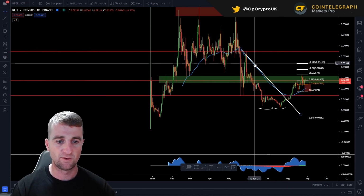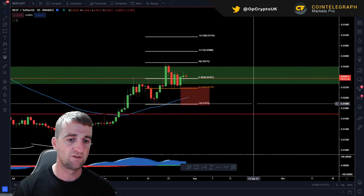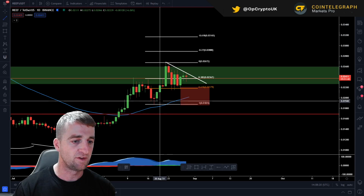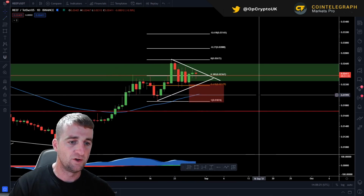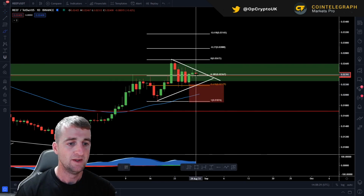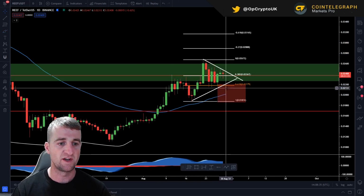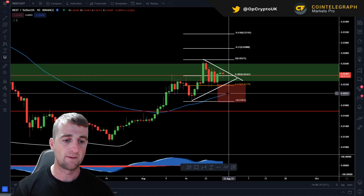Got the downtrend line here, which I broke through, so that is now obsolete. If you're looking for any trading patterns, it is looking like we are forming a bit of a bullish pennant here. There's a good chance that we do break out of this at some stage, so it's got potential to drop up or drop down. I'm more in favour of a drop down first, so if you're looking for trading, we could drop into this region and then push up, but it's getting a little bit chaotic there with the line, so we'll just leave that on. Let's see if we do break down out of this triangle, this pennant, and then test that EMA 50